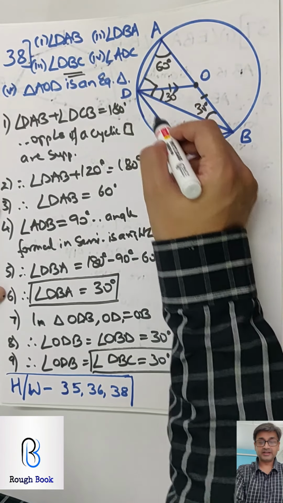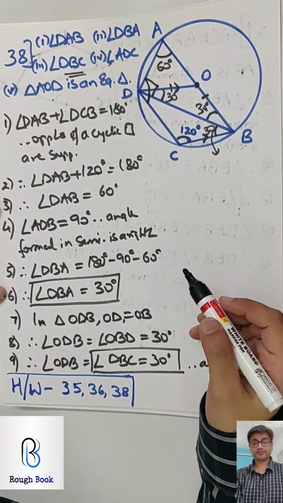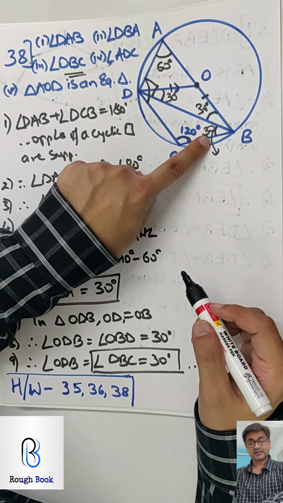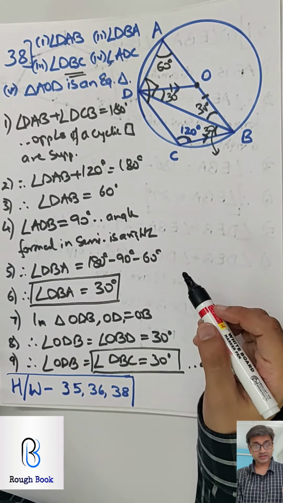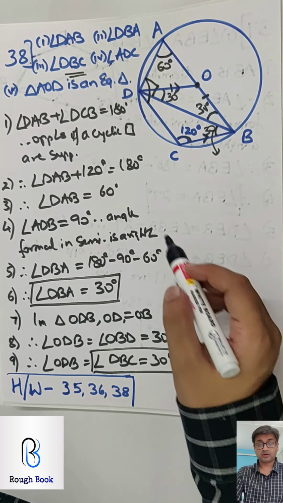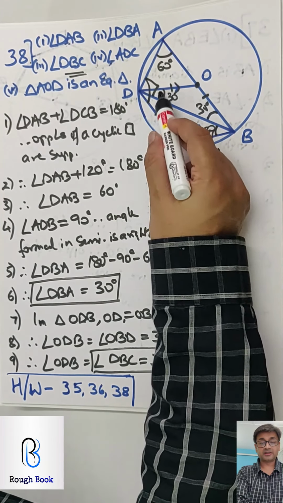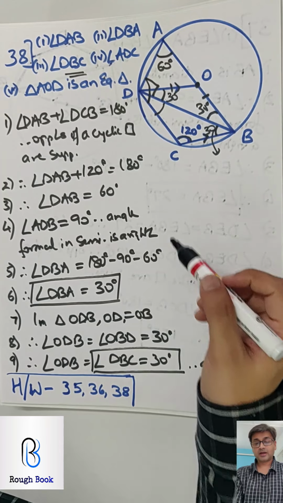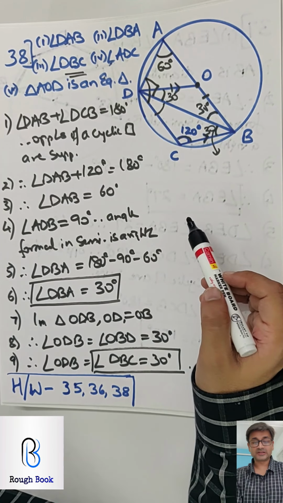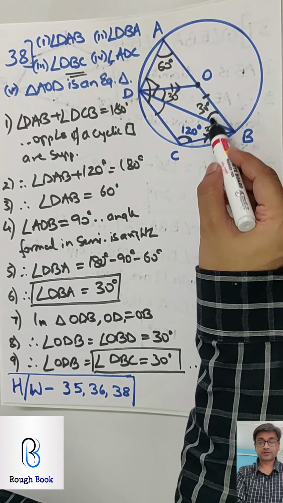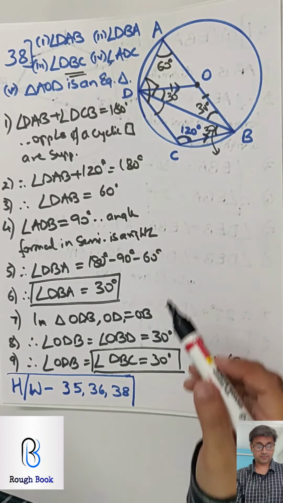Now the last one, ADC, this full angle over here. So you got this 30, 30, 60, opposite angles of a cyclic quadrilateral. That could be one method. Or you get this angle somehow and then add everything together. Getting this one, I think, might be slightly difficult. So the best option is take this full 60 and then say opposite angles.